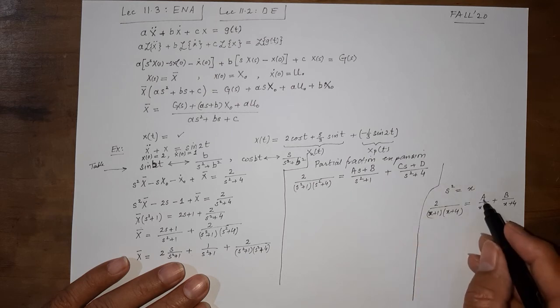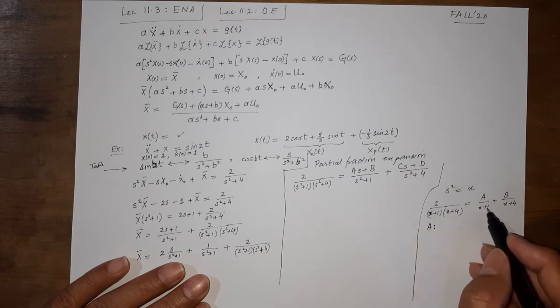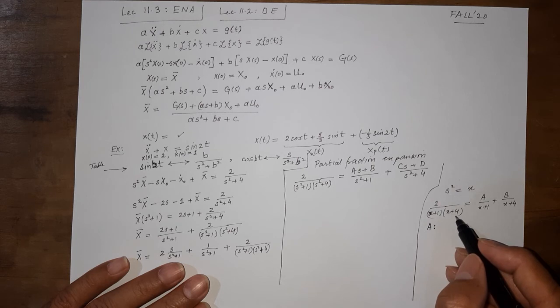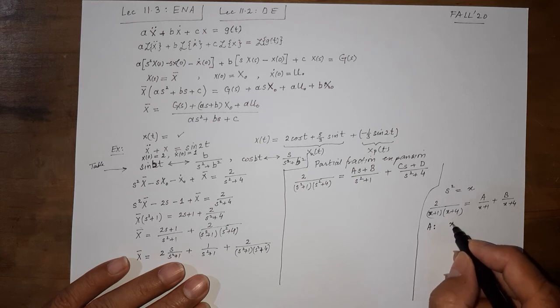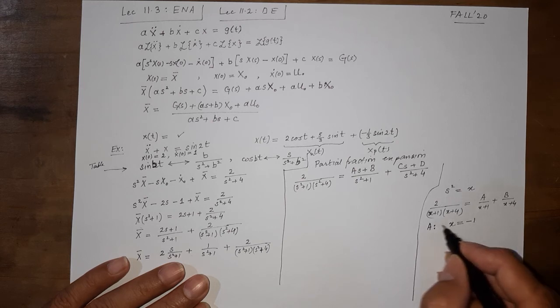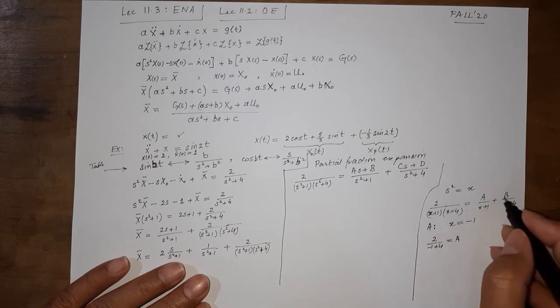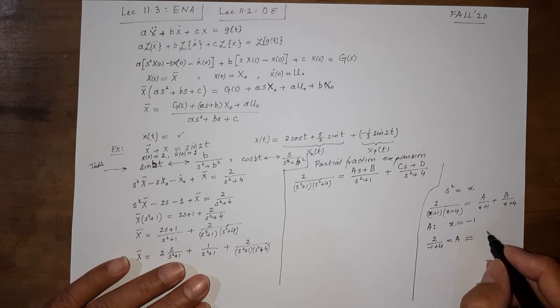In order to find a, what I'm going to do is multiply throughout by x plus 1. This is going to give me an a here, and will cancel x plus 1 in this term. We will be left with 2 over x plus 4, and we are going to get x plus 1 in the numerator here. Then if I put x plus 1 equal to 0, or x equal to minus 1, in the resulting equation, we are going to get 2 over minus 1 plus 4 is equal to a. And this term will cancel out because x plus 1 is there in the numerator. Putting x equal to minus 1 is going to zero this out. So a is equal to 2 by 3.